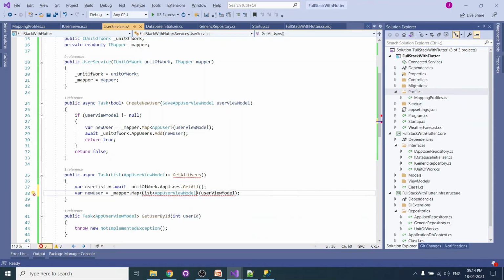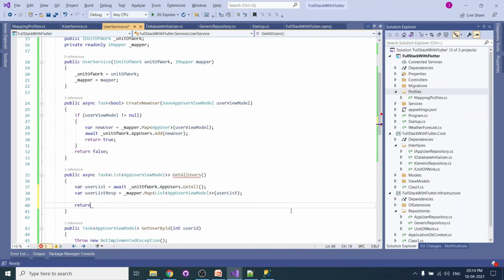So this is the list view, and we are getting this list response. Okay. So we need to return this. Return list. So this is the output. So we got the list here, and from this list we are converting into the list, and we are returning it. So this is the one,